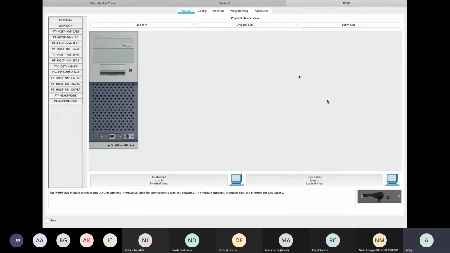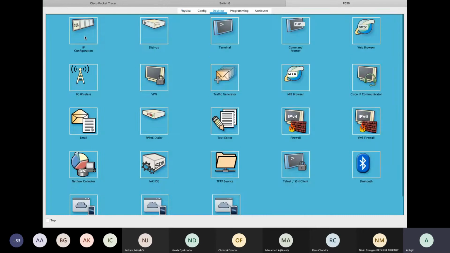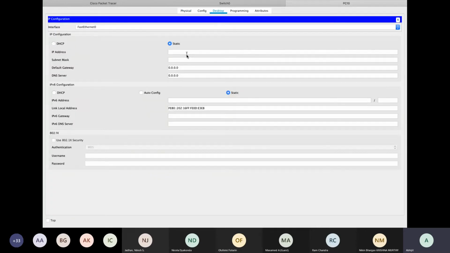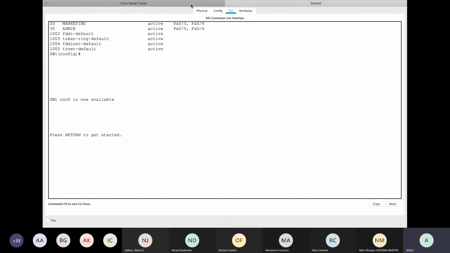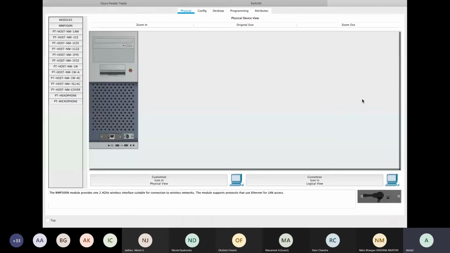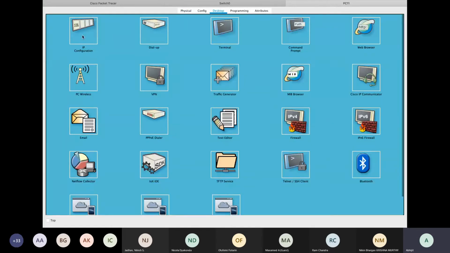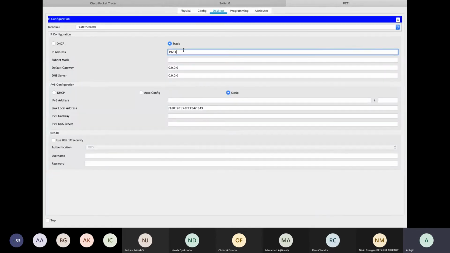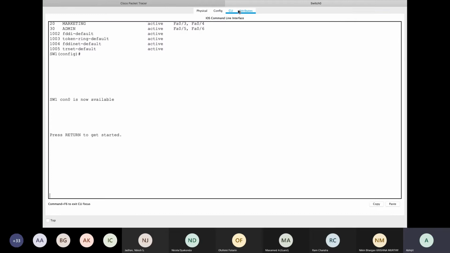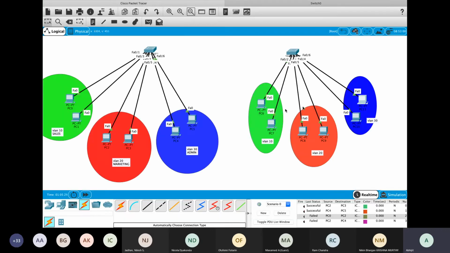And then go to the fifth PC, desktop, IP configuration, and 192.168.1.11, and go to the next one, desktop, IP config 192.168.1.12, and that's all. So the IPs are configured on these PCs as well, and if we look if they communicate together from here to here,